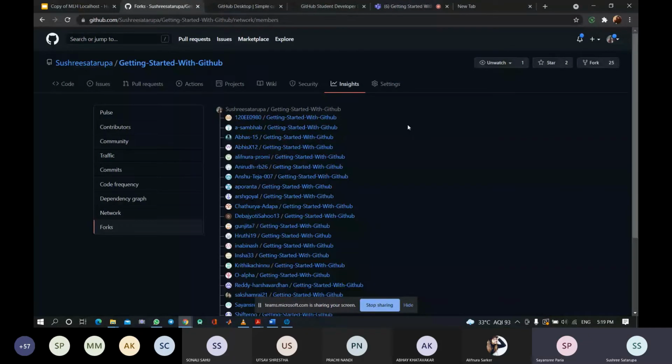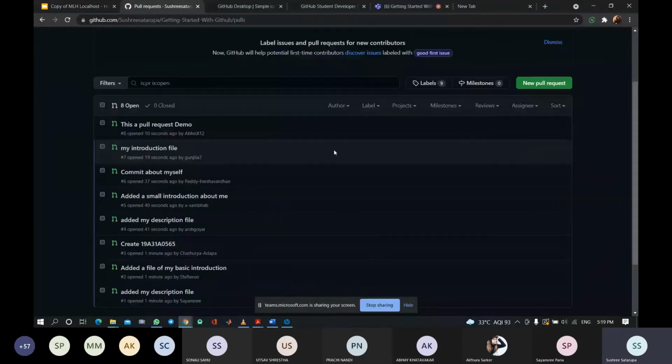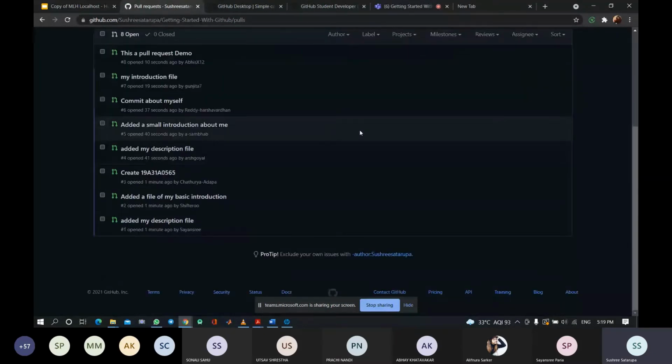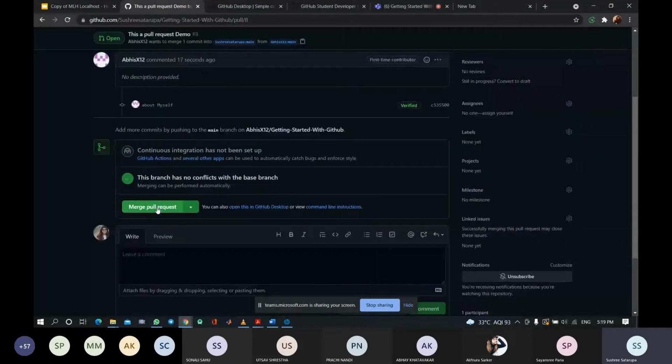As I reload it and go to pull requests, 8 of you have created a pull request. Now I will merge the pull request. What is merging? Merging takes the changes from one branch in the same repository or from a fork and applies them to another.